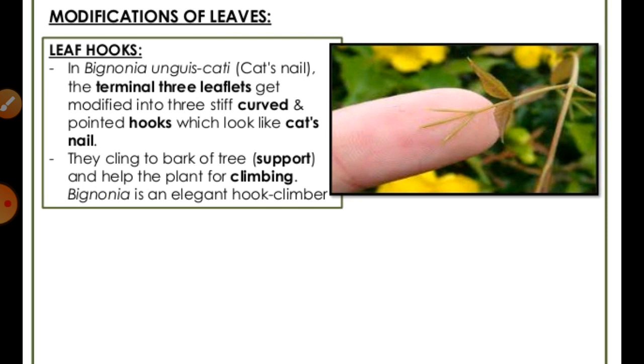So we can say in some other plants they can also change in another way, like some leaves can be modified into bladder formations. We can say the segments of the leaf are modified into bladder like structures, which can trap small insects present in the water. We can say like bladderwort, right.